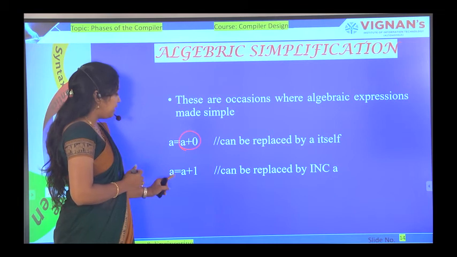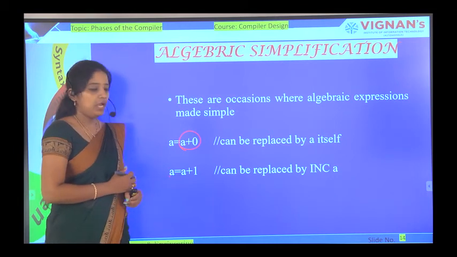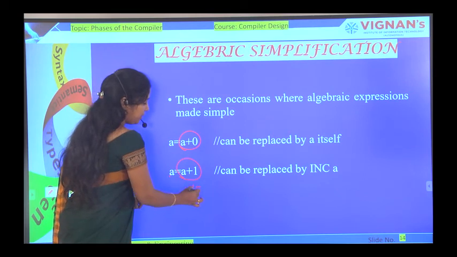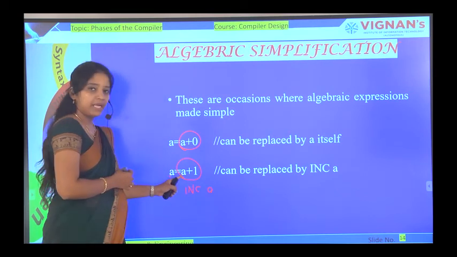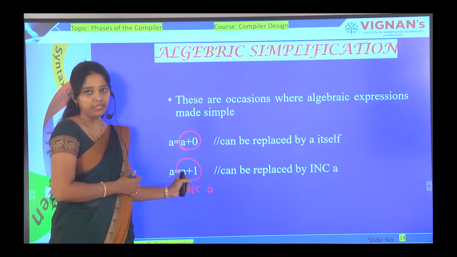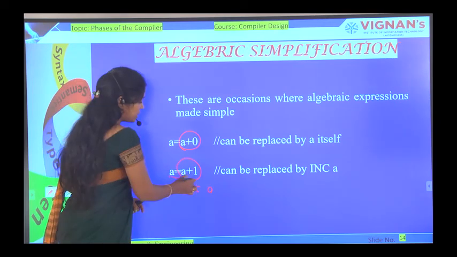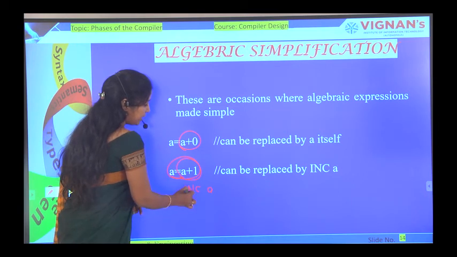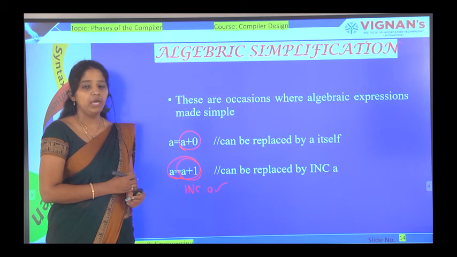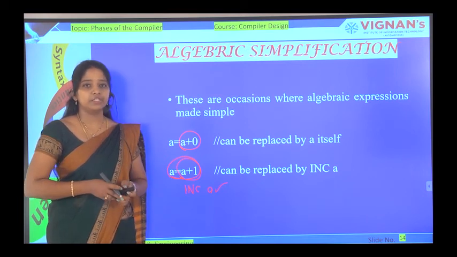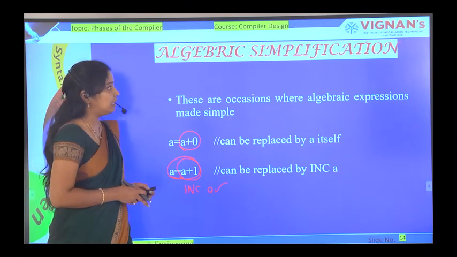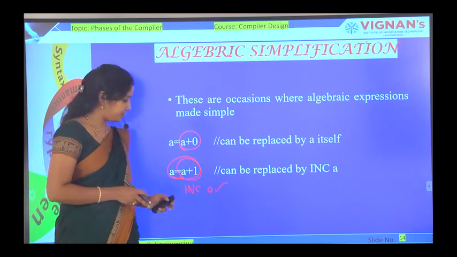One more example, a is equal to a plus 1 can be replaced with simply increment a, because adding 1 is nothing but incrementing the value. So a will be incremented by 1. This type of algebraic expressions will be simplified in the algebraic simplifications technique.